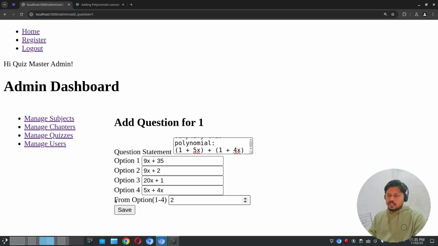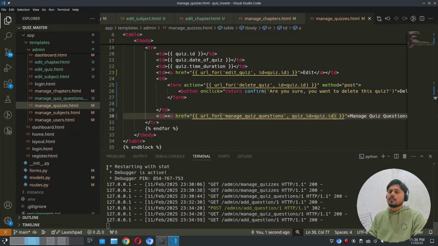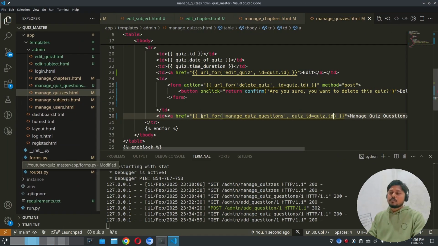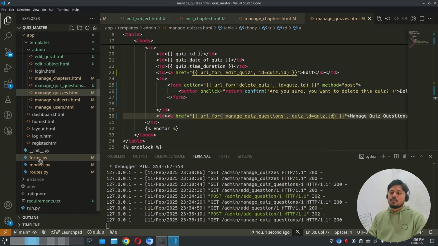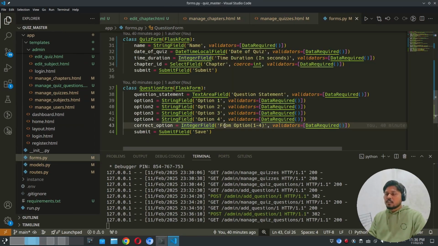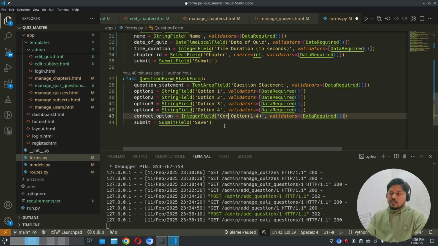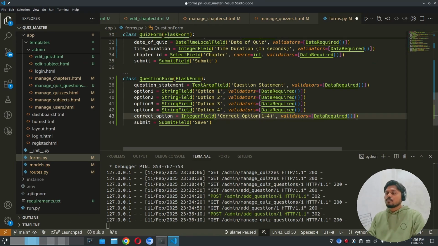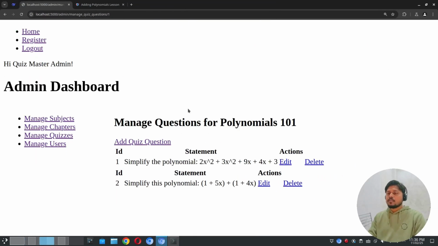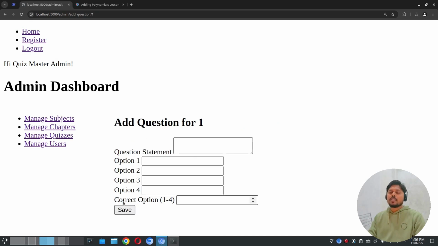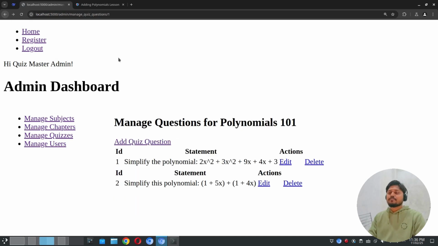I think this field must be changed to the correct option. So first save this, and then in the forms change the label correct option from 1 to 4. So in the next, when we add a new one again, then we can see the correct option. Okay, go back. So in the manage questions for polynomials 101, we have two